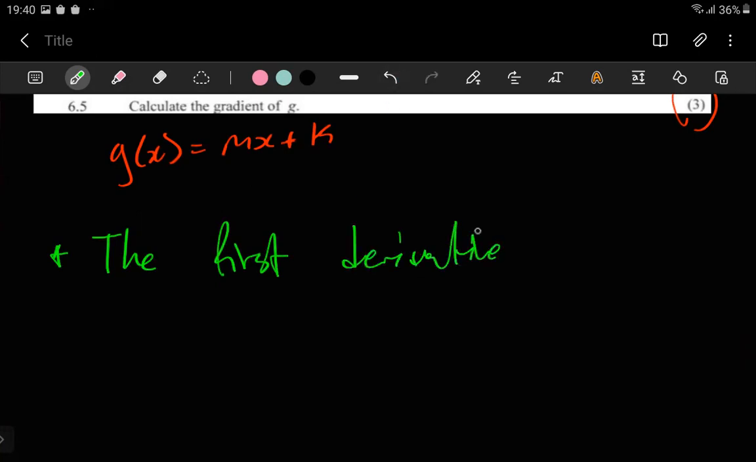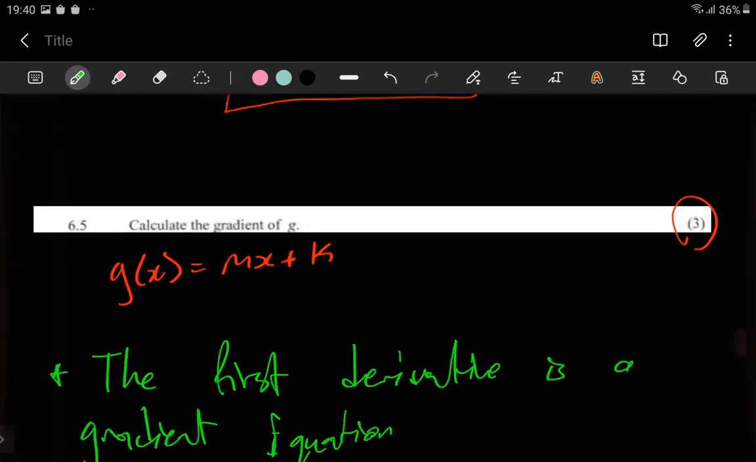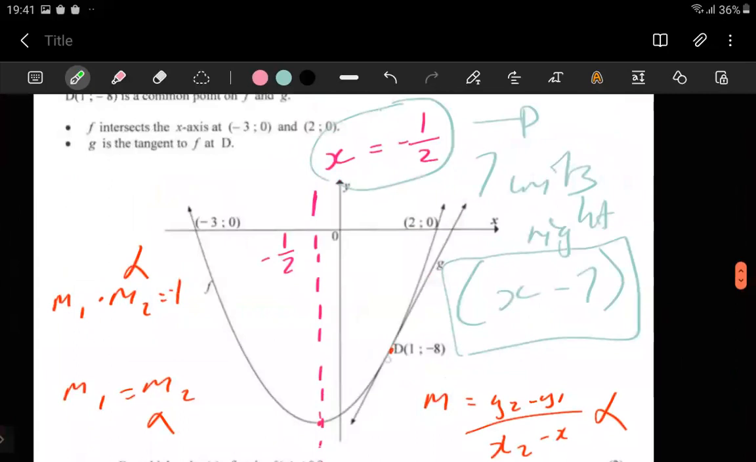derivative is a gradient equation. So that's the gradient equation we need to think of. We need to think of a first derivative. However, we obviously need to make use of something that can give us this gradient over here. We specifically know that, as long as they've told us that G is a tangent to F, it means that the gradient of the